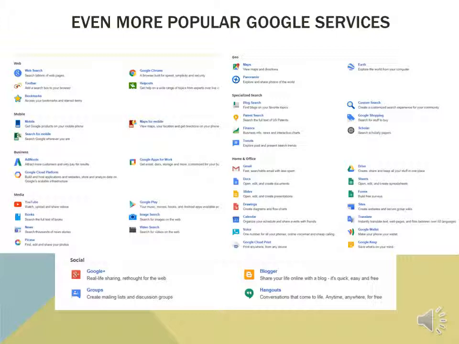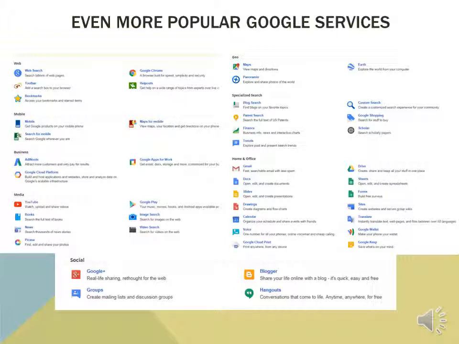You have your bookmarks, which allows you to access certain items within your internet while you're on there. Of course, you got that mobile section that allows you to search on the mobile. You've got the maps for mobile, and you're probably familiar with Google Maps. The business portion of it, you've got a Google Cloud platform. You can build and host applications and websites, store and analyze data on Google's